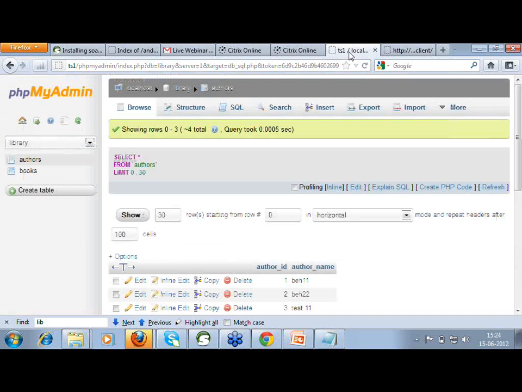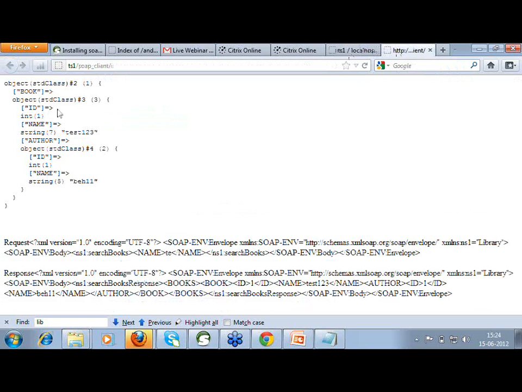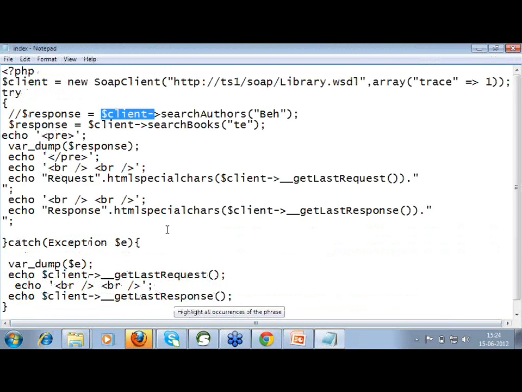So data comes this way. The output of the script is this. It gives data in the form of an object or array. So this is the data of the code.